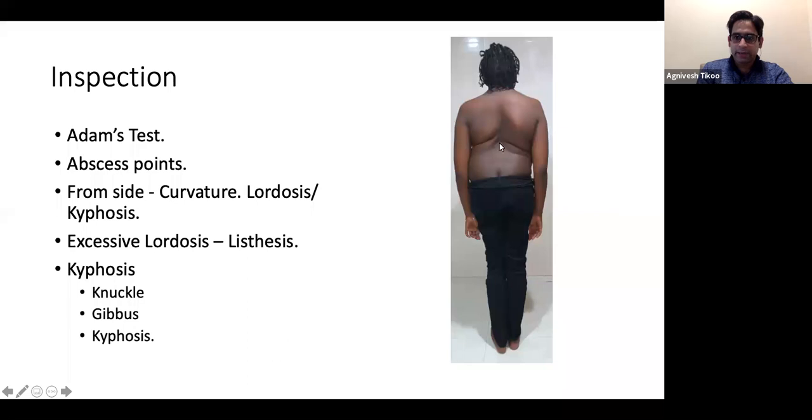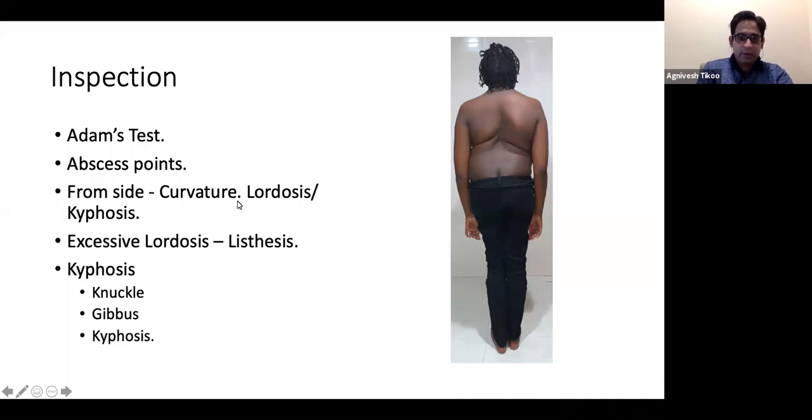There are asymmetric waist creases. So this crease is here and this crease is here. So they are asymmetric waist creases. You can see that the arm and trunk difference is quite distant here, whereas this is touching. So which means that the patient has swayed toward this side, and the leg length seems fairly equal.